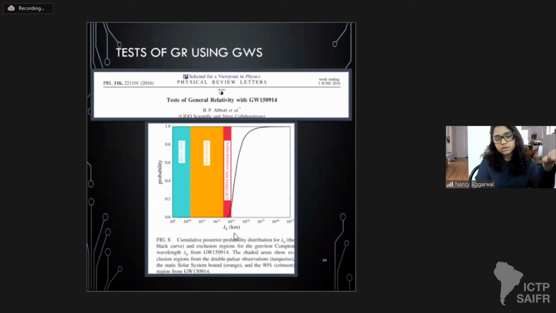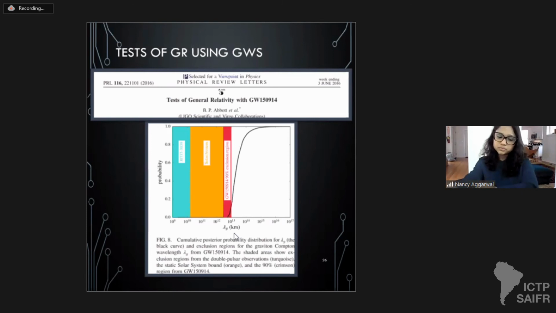So I've been thinking about these limits recently, and I think it would be good for this community to take these limits and put those on the plots that we typically use in the precision measurement community. So with the measurements of gravitational waves recently in LIGO, there's been a lot of tests that were performed for